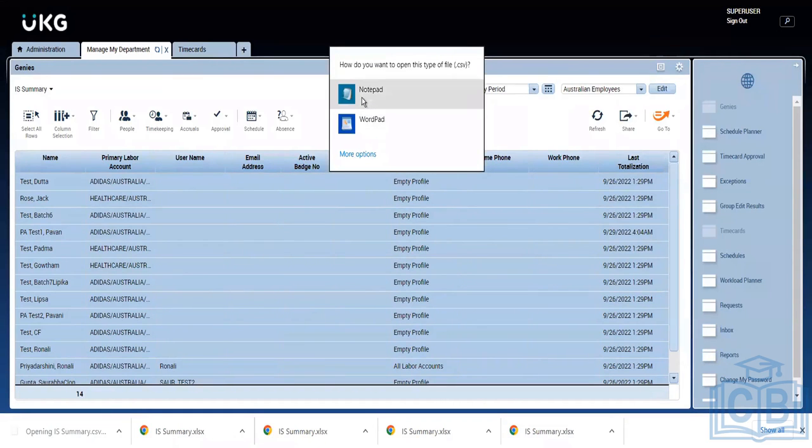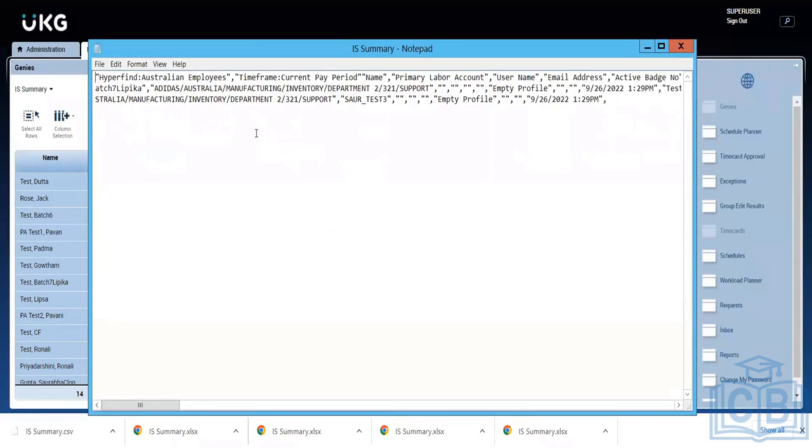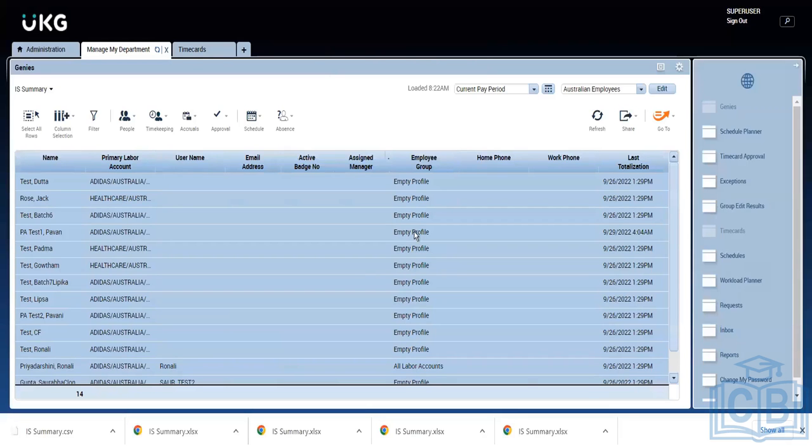I'm just opening it as a notepad. So this will give you the details of this CSV. It will not make much sense to you, but in Excel it will give you the same view of what we had. In a live scenario, these things happen on a daily basis. You have to export. It depends on the project.